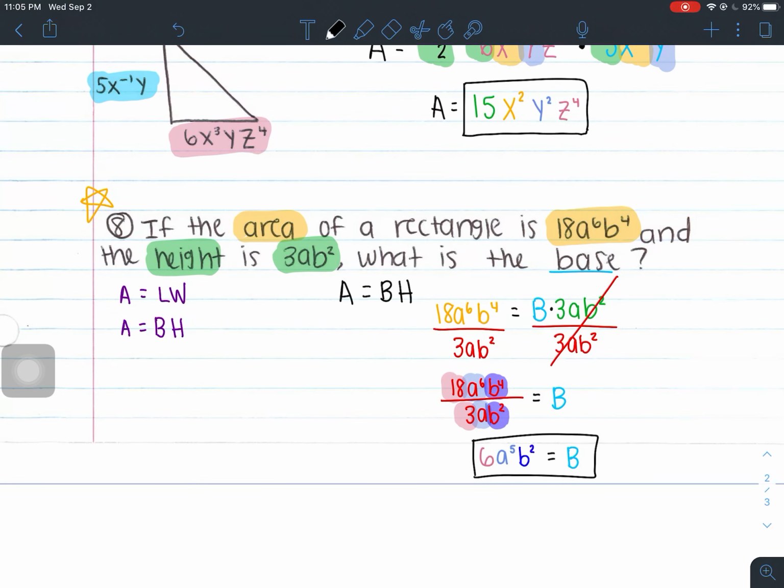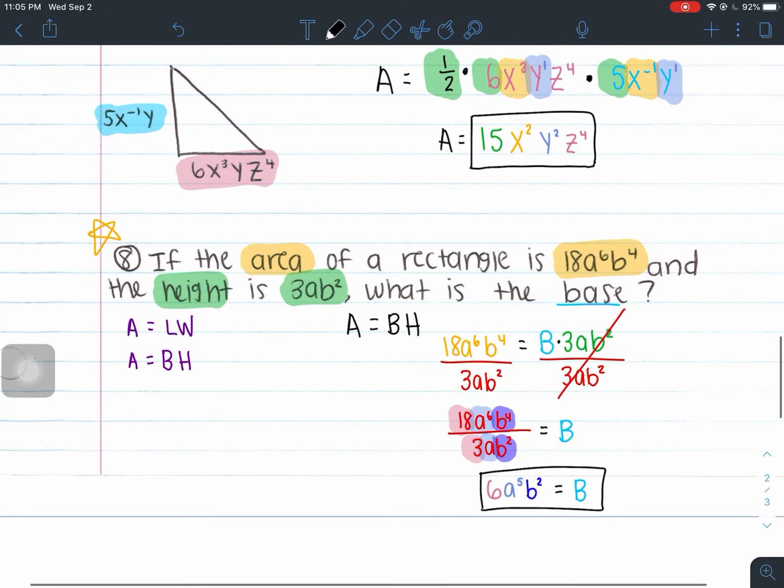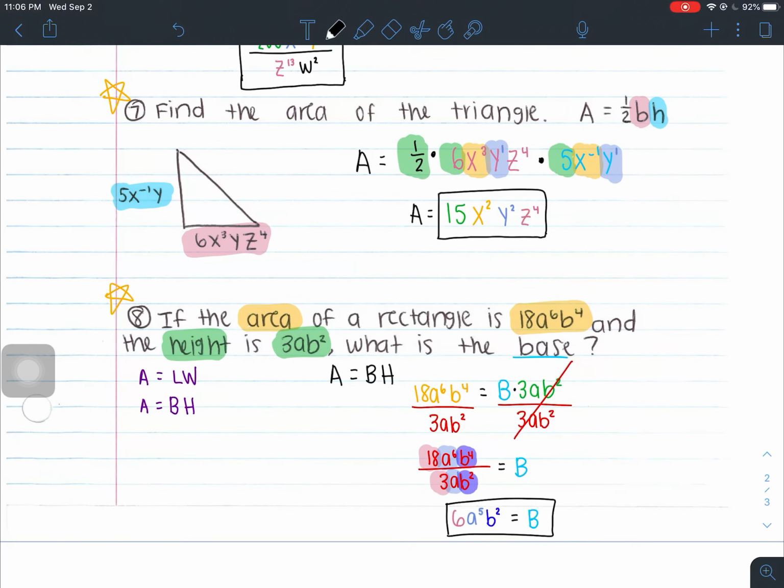So what is the base? We just solved for the base. So they gave us some information. You got to be able to plug it in and set it up yourself. So make sure you know how to do that problem. If you have any questions, please feel